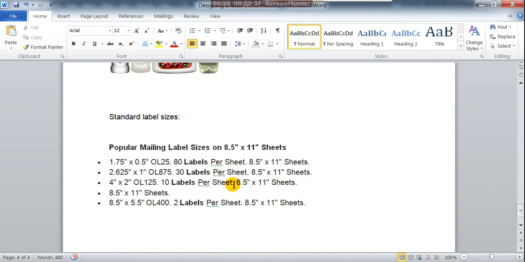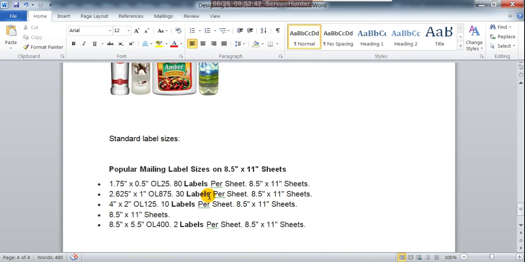Okay. The same way 4 into 2, and 10 labels. 10 labels we produce per sheet, again on the 8.5 into 11 sheets. So this is almost the same size of sheet, but here label size is changing. Because label size is changing, the number of labels decreases, from 80 to 30 and 10.